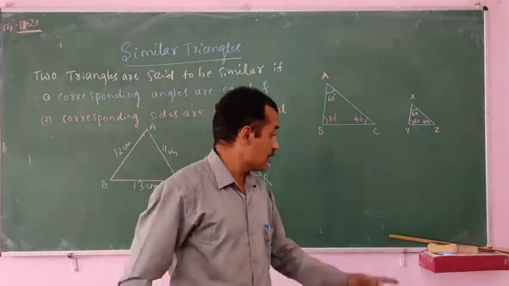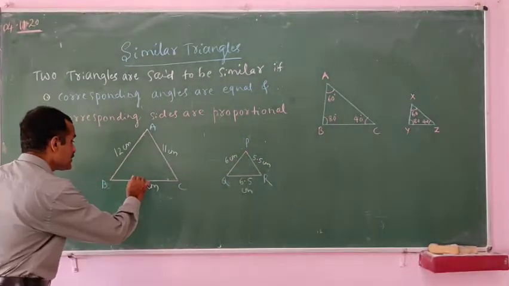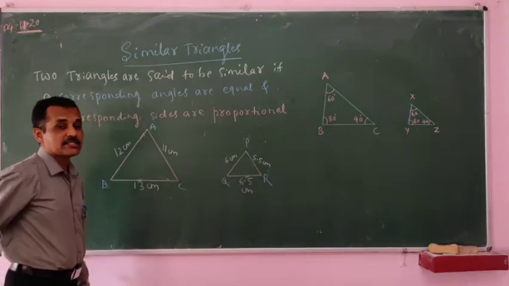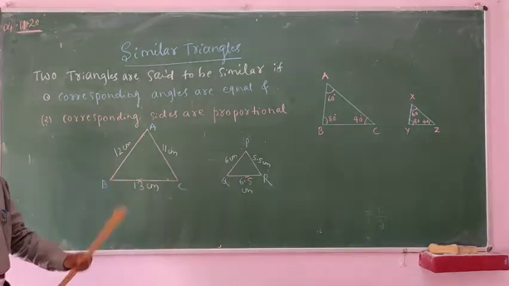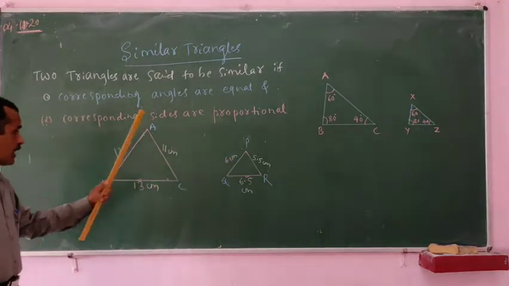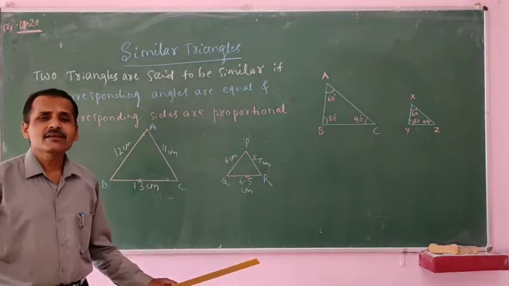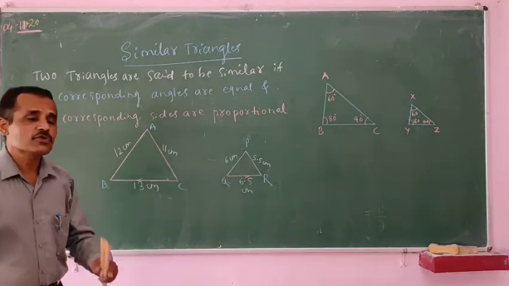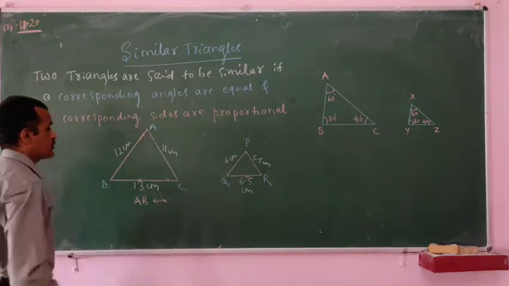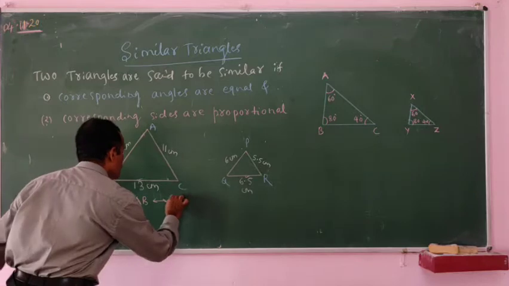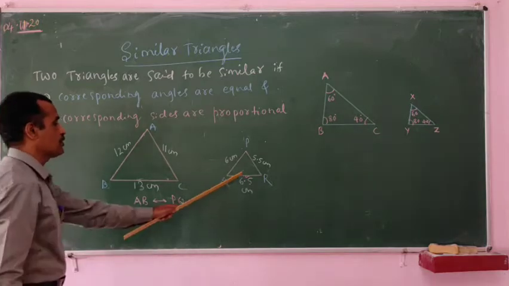Now I have two figures on the board, two triangles. See here, this is 13 centimeter, this is 6.5 centimeter. When you multiply 6.5, 2 sixes are 12, 2 fives are 11. I can say the corresponding sides are proportional. Which corresponds to what? AB is corresponding to PQ, BC is corresponding to QR,